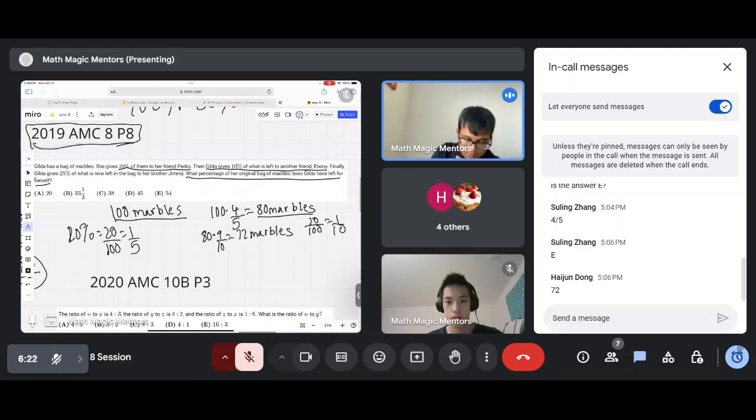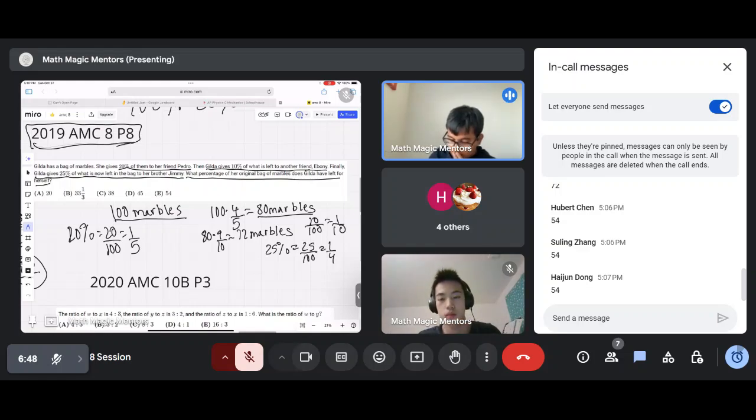And then finally, Gilda gives 25% of whatever's left in her bag to her brother Jimmy. So how many marbles does Gilda have at the end of this process? Yeah, so let's just work through it together. So 25% is going to give you 25 over 100, which is a fourth, right? So Gilda is going to have 72 times